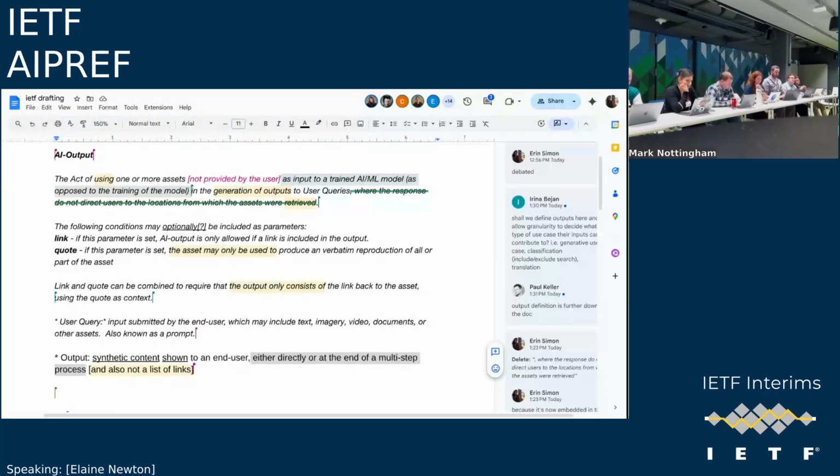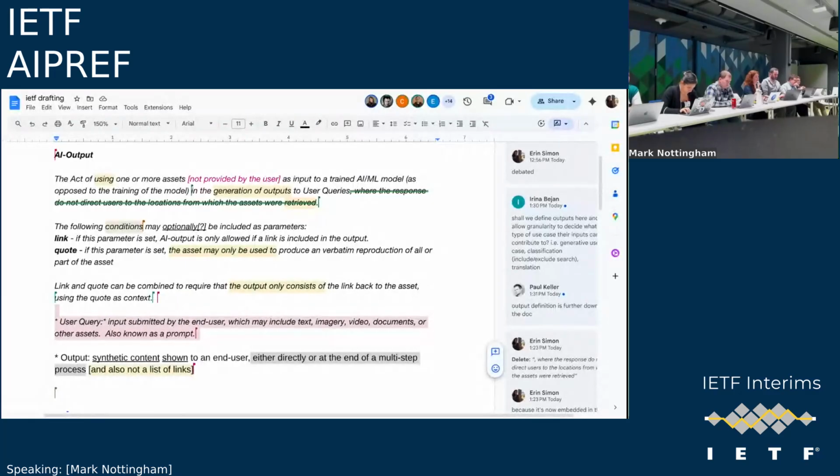My second question is, Eric pointed out that in the first sentence, the phrase user queries is there, and asked about it. I have the same question. I don't think it was answered, especially with the phrase not provided by the user in there, which is probably a good thing to have. What does user queries mean in the first sentence? So there is a definition of user query.